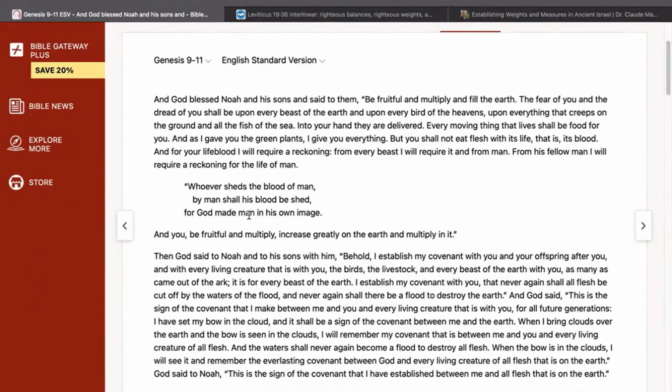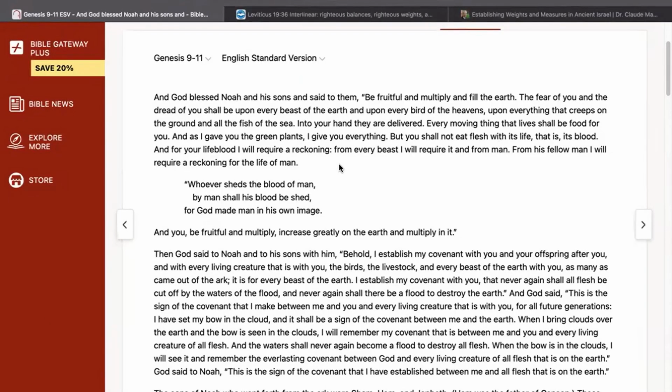So without further ado, we'll get into it. Genesis chapter 9 to chapter 11. All right. And just a reminder of where we have been so far. Genesis chapter 1, God created the earth. Then we saw a highlighted version of God's creation on the sixth day of creating man and woman.